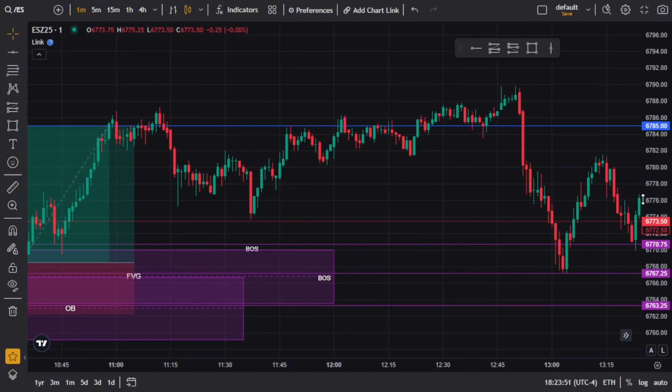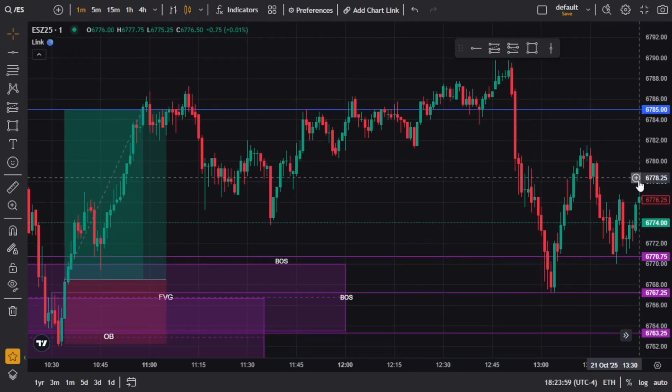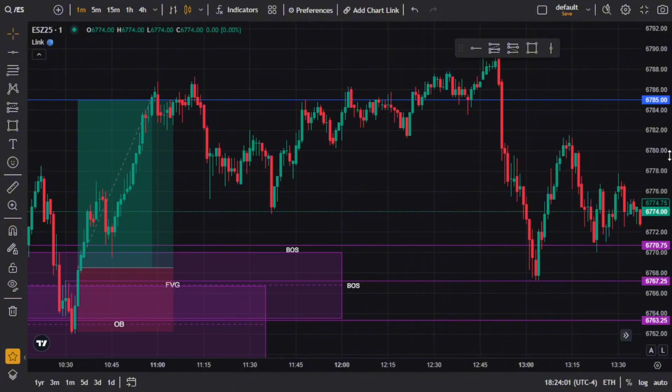If I wanted to, I can do the same thing over here that I did over here, but I'm not going to because the strategy is so good that I only need to use it one time a day. And you can absolutely use it multiple times a day. You can use it 5 times a day. But I always say to a beginner, take one trade a day. If you win, cool, walk away. If you lose, that sucks, dude. That sucks so much. Walk away. It doesn't even matter. Forget about it.